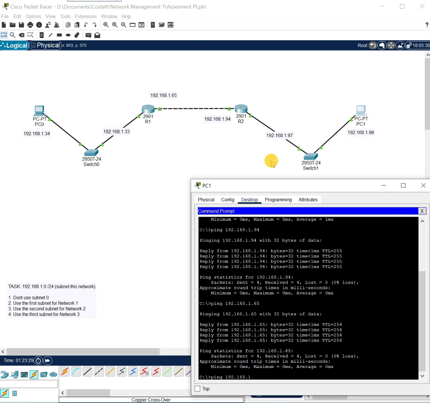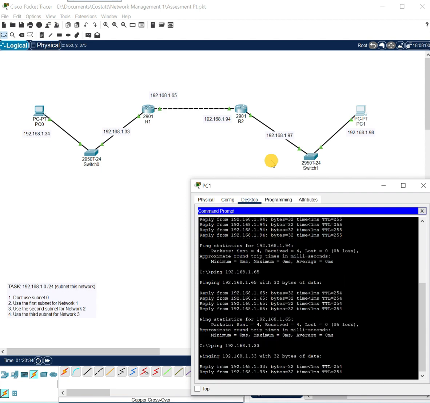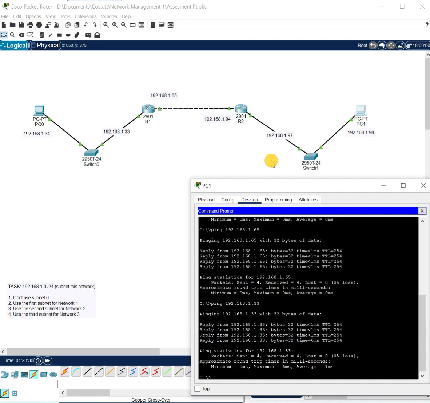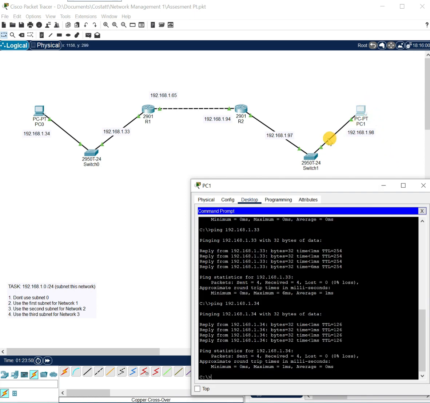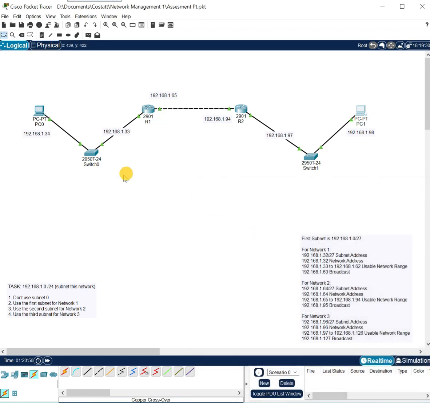Alright, now we're going to ping the default gateway for network 1. So 192.168.1.33. And finally, let's ping PC0 just to say hi. 192.168.1.34 and it's successful. So we've completed our static route assessment,